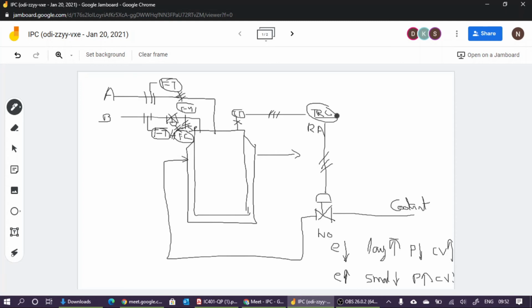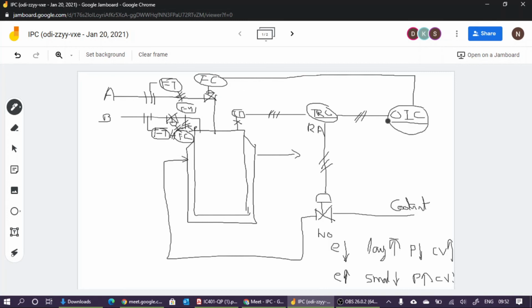So what we are doing? We are taking this control output to another controller. It is known as optimization. So this one is very important. So we have to indicate that value in the center control room. So OIC. So this one is a center control room device. So a horizontal line is required. Now this OIC output is given to a FC, where FC is used to change the flow rate of feed A. It is used to change the flow rate of feed A.